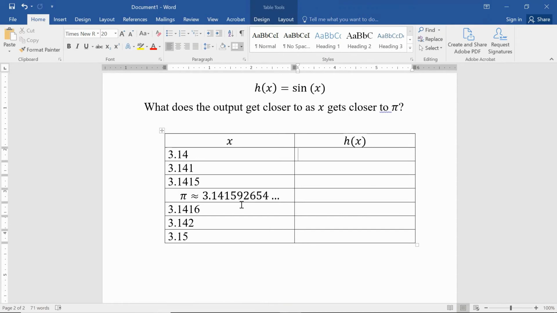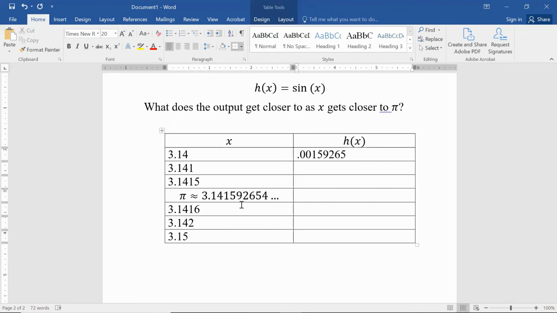So we take sine of x, and now we're going to plug in those numbers. If I plug in 3.41, whoops, excuse me, 3.14, did I say 41? I meant 14. Keep saying bad things today. I end up with 0.00159265. That's what my calculator gives me. Okay, that might be a slightly rounded number.